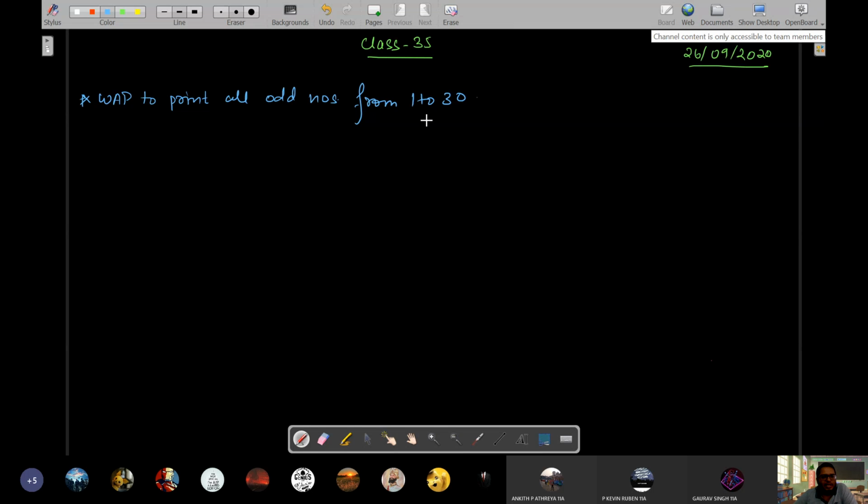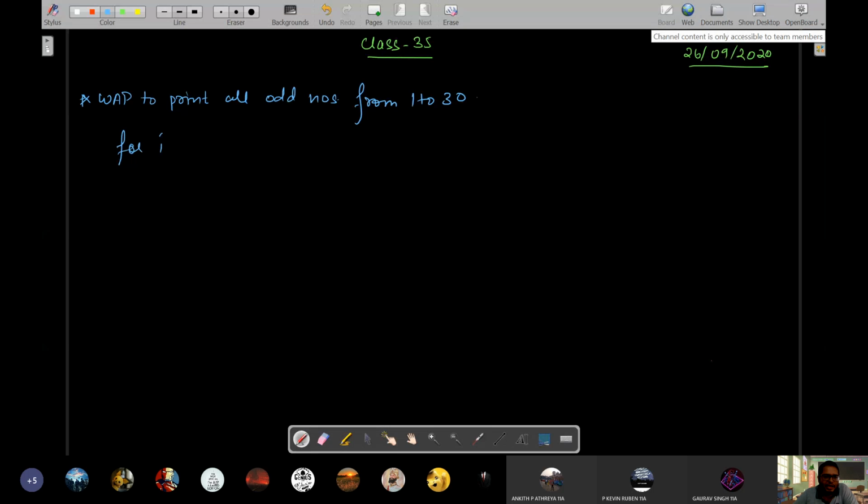So in that case, range will go from 1 to 30. तो इसमें हम लोग क्या लिखेंगे?